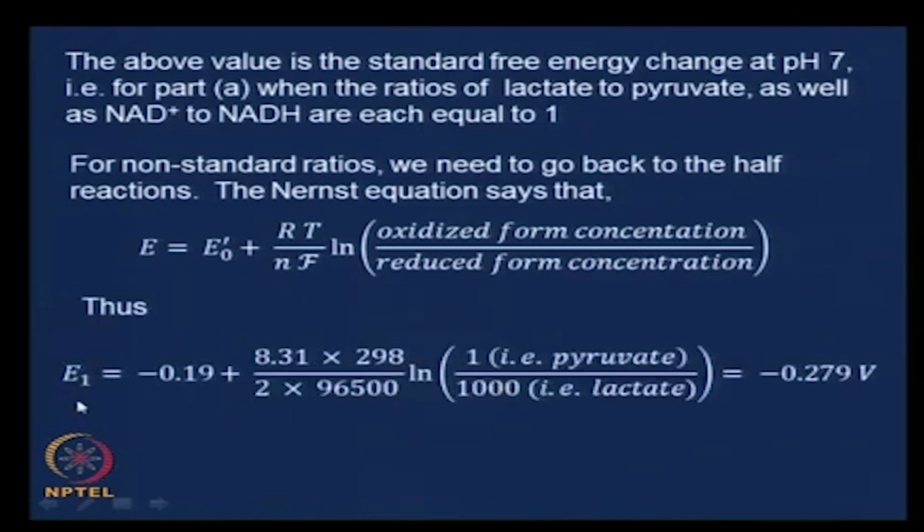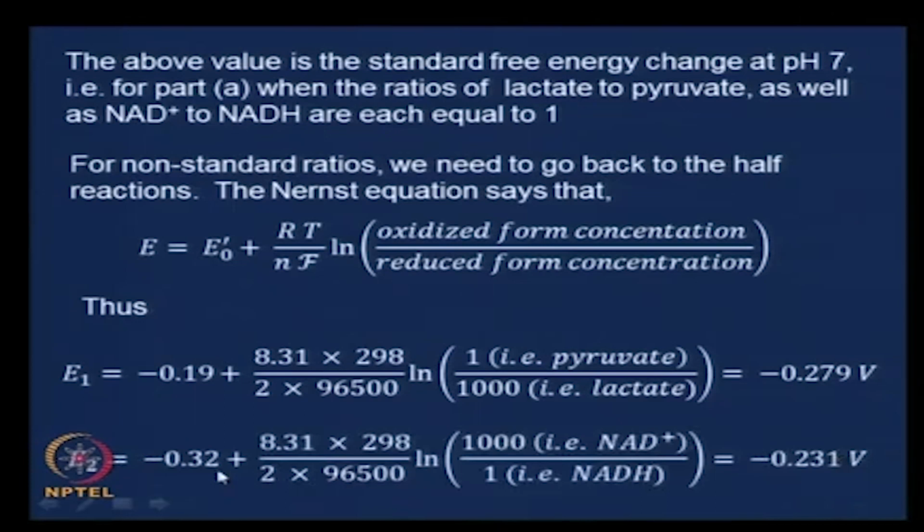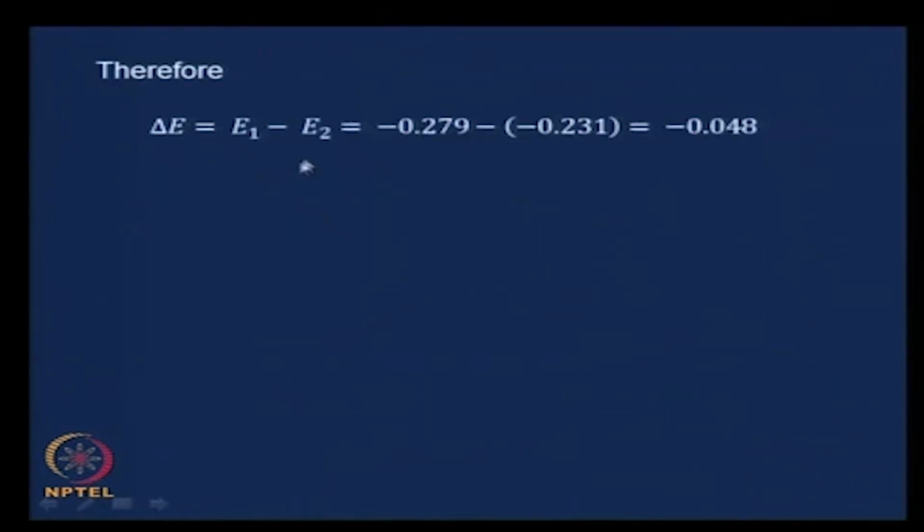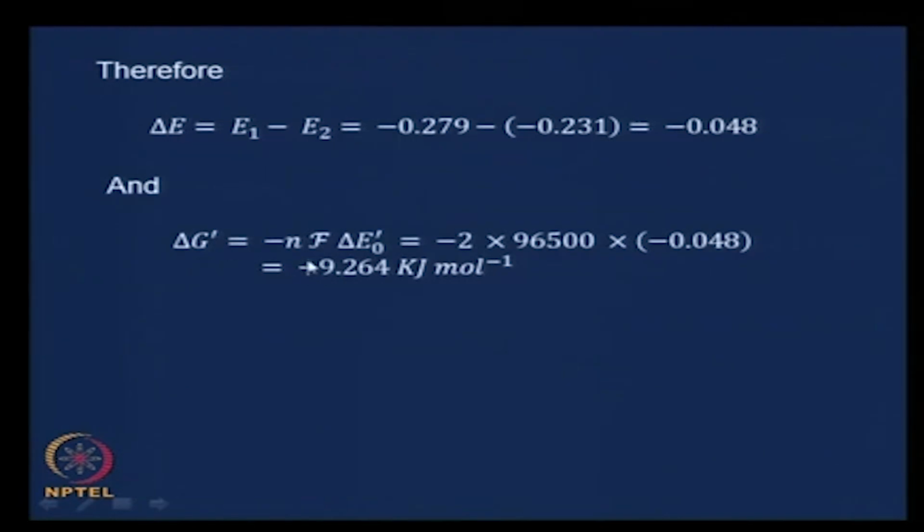Therefore E1 turns out to be minus 0.19, E naught dash, plus RT by nF substituted here, log of 1 by 1000, the ratio was 1000 of lactate to pyruvate, so the pyruvate to lactate turns out to be 1 by 1000, which is minus 0.279 volts, and E2 in a similar fashion happens to be minus 0.231 volts. And therefore, delta E is E1 minus E2, which is minus 0.279 minus of minus 0.231, which is minus 0.048. And delta G dash, which is minus nF delta E naught dash, is minus n, which is 2, F 96,500, and delta E naught dash we have calculated here as minus 0.048,